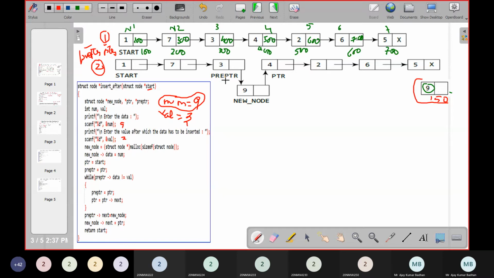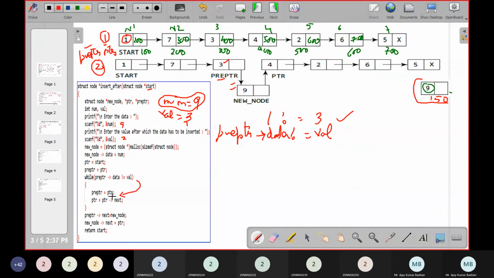Now what we have to do is simply increment the value. I know that pre-pointer should point to the value after which I need to add a new node. You can see pre-pointer is assigned to the value 3, after which this. So I need to check whether pre-pointer data is not equal to value. The first condition will check pre-pointer is pointing to this particular node. Pre-pointer data is not equal to value. What is the value we have taken? 3. Pre-pointer data consists of value 1. So 1 is not equal to 3. Condition is satisfied.